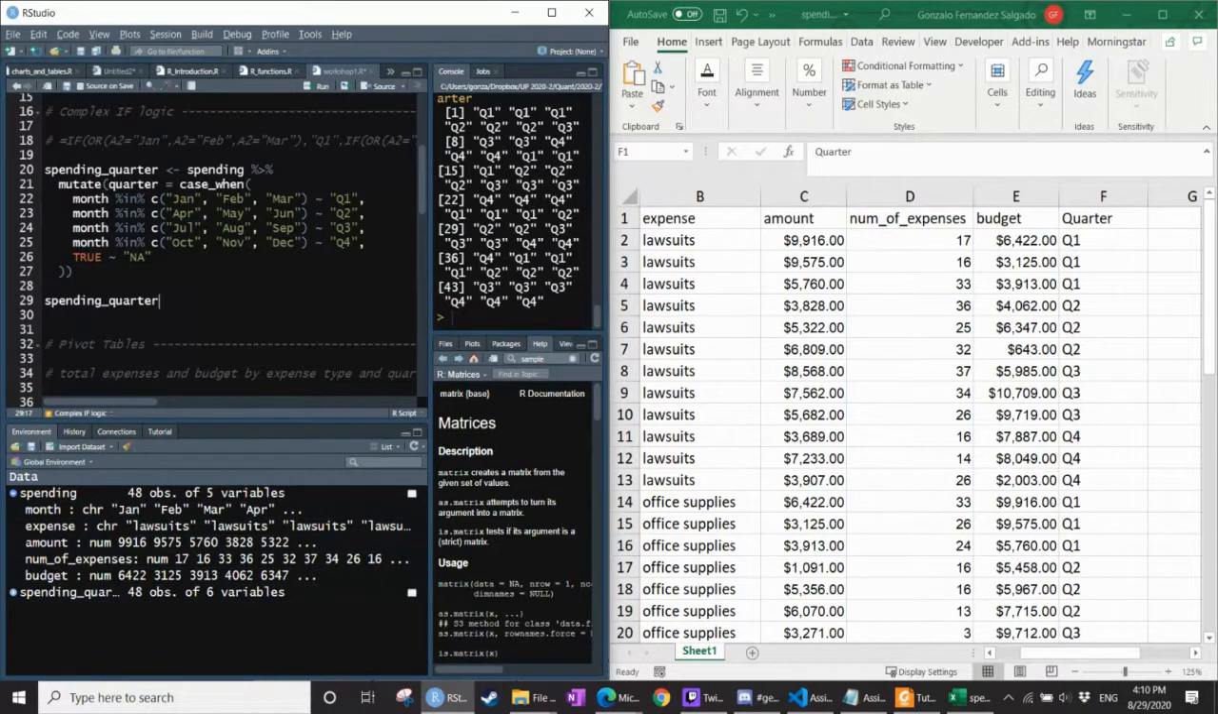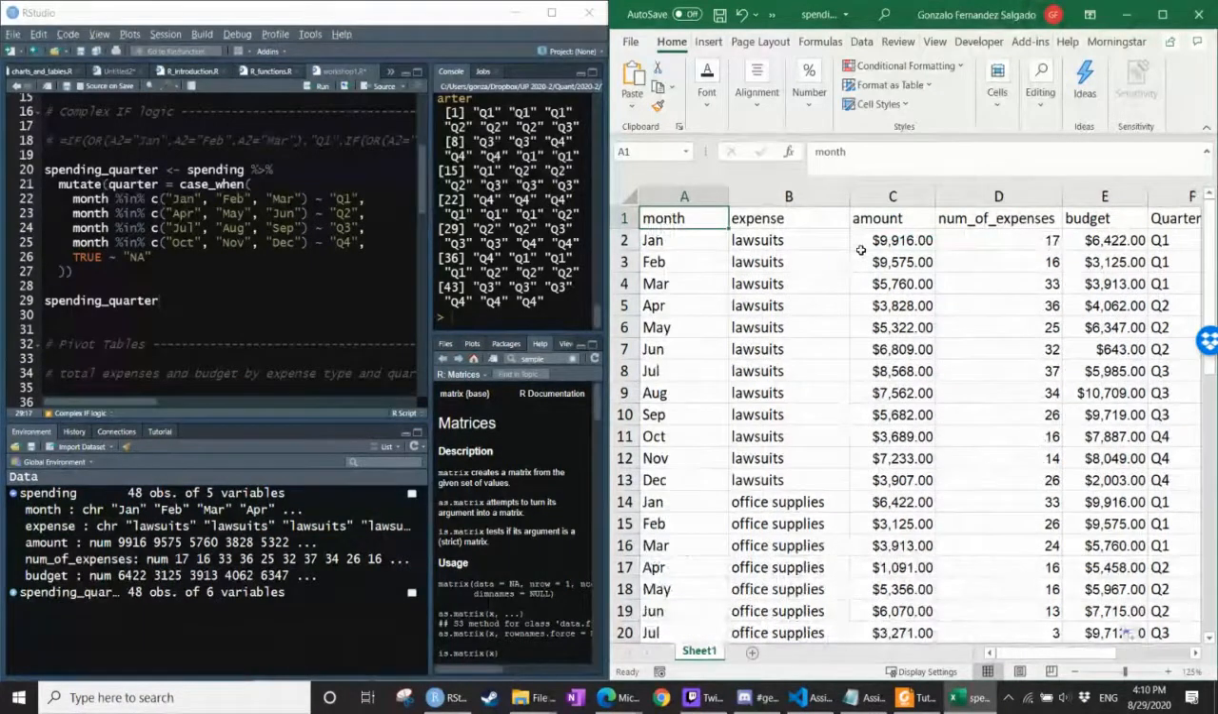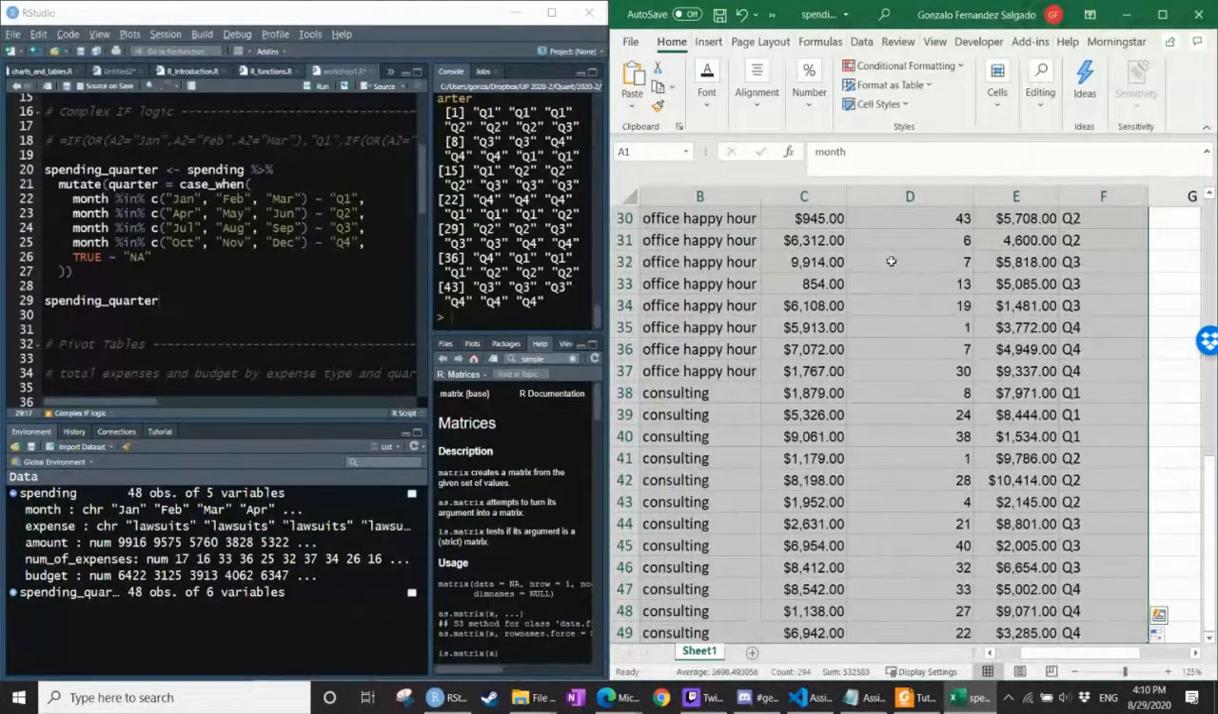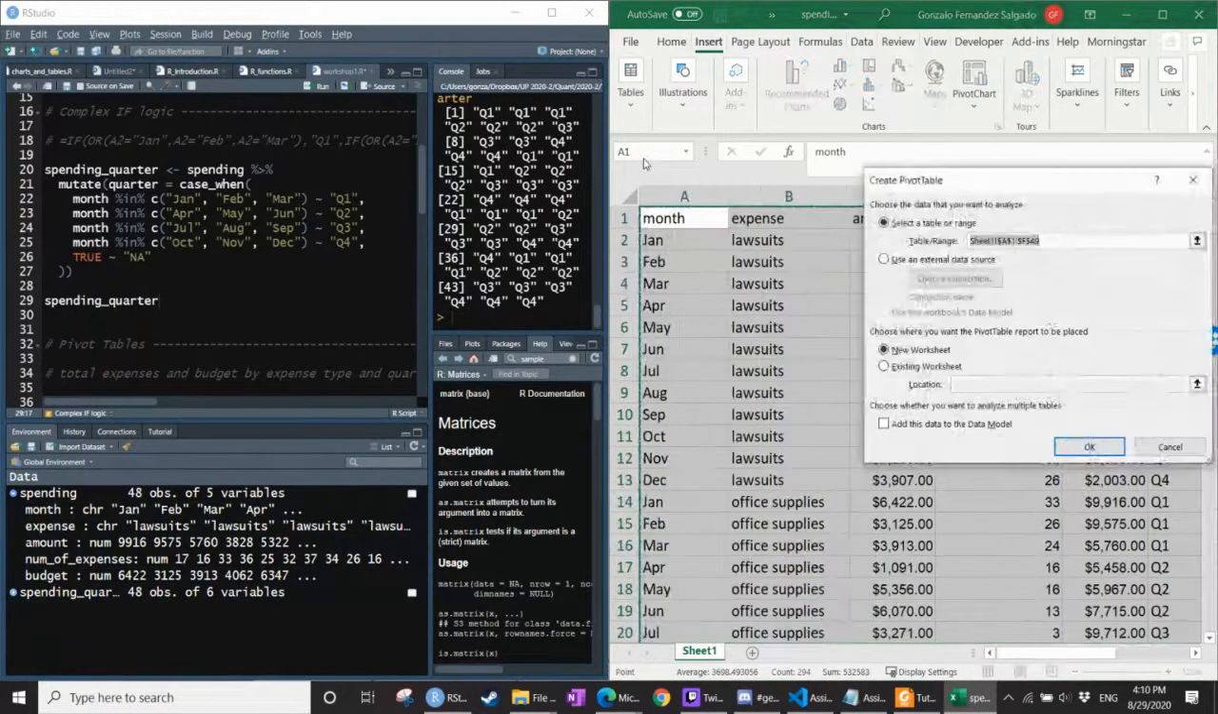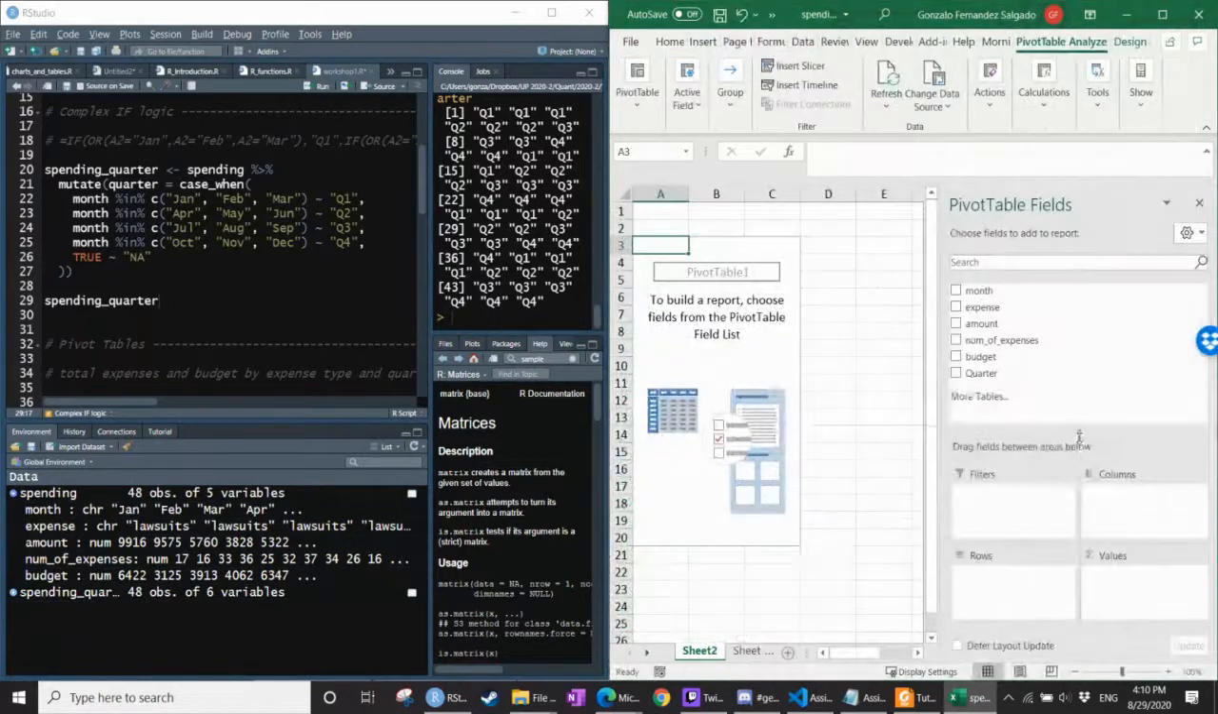So the next example that we're going to do is pivot tables. Pivot tables are very used in Excel. We select the whole page and we can insert a pivot table. Now, what are we going to do with this pivot table? So for example, we could do